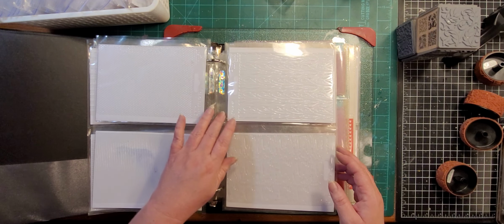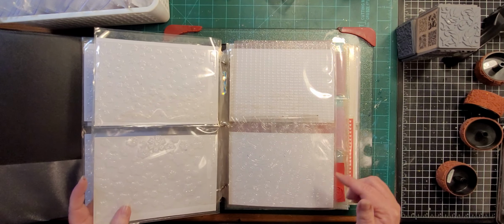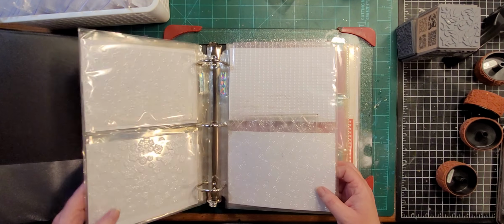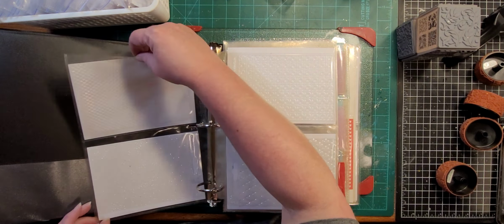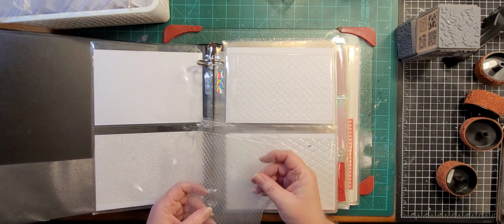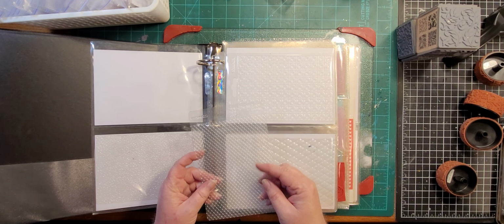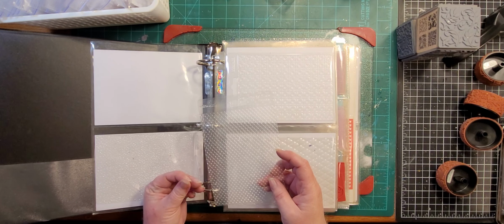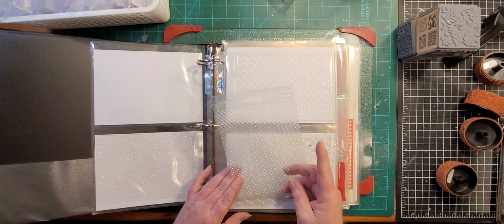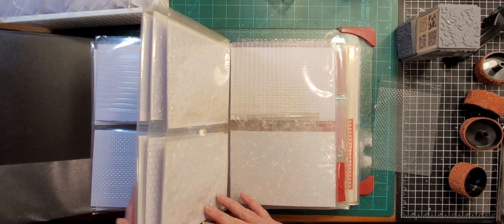And I'm looking for one in particular because I want to start with the turquoise and the teal colors. And where is it? Did I miss it? I did. So this texture sheet, I know it's hard to see, but it is like fish scales. And so I thought doing that on the turquoise and the teal would be a good filler option for my polymer clay mixed media mosaics. So I'm going to do that on either turquoise or teal. And then I want